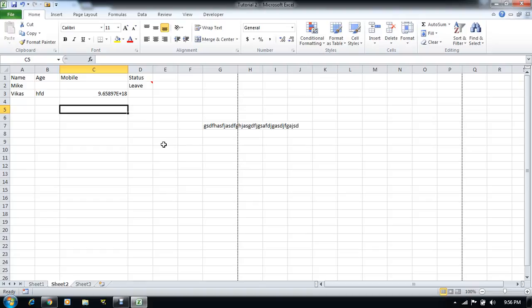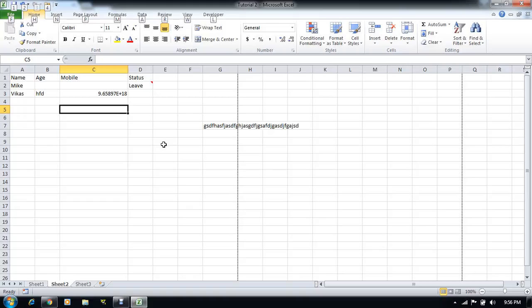First we will press the Alt key once. As we press the Alt key once, you can see that it shows small rectangular boxes with options: F for File, H for the Home ribbon, N for the Insert ribbon, P for the Page Layout ribbon, M for Formulas, and the same for Data, Review, and the Developer tab.